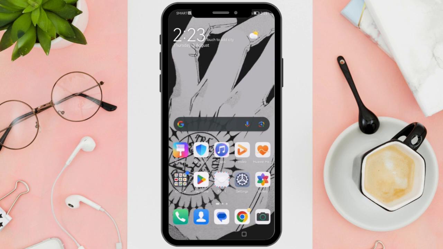Hi everyone, good day. In this video, I'll be teaching you how to get shaders on Minecraft Bedrock or Pocket Edition. Okay, first things first, you want to open any web browser and search for the website